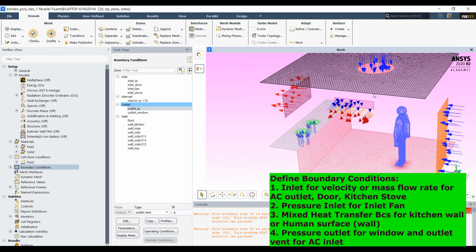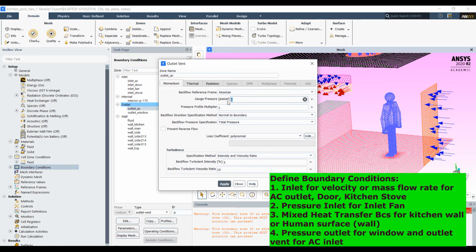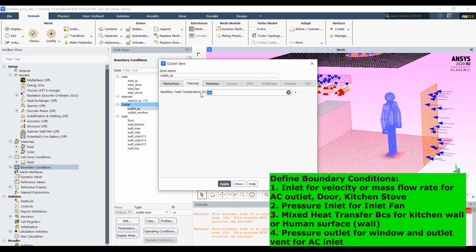Okay. For the AC outlet, it is defined as vent outlet, giving negative pressure -5, intensity ratio 3, and turbulent viscosity ratio 5. For thermal, temperature I am keeping as 300 Kelvin, because after heating, the air temperature increases. Apply.